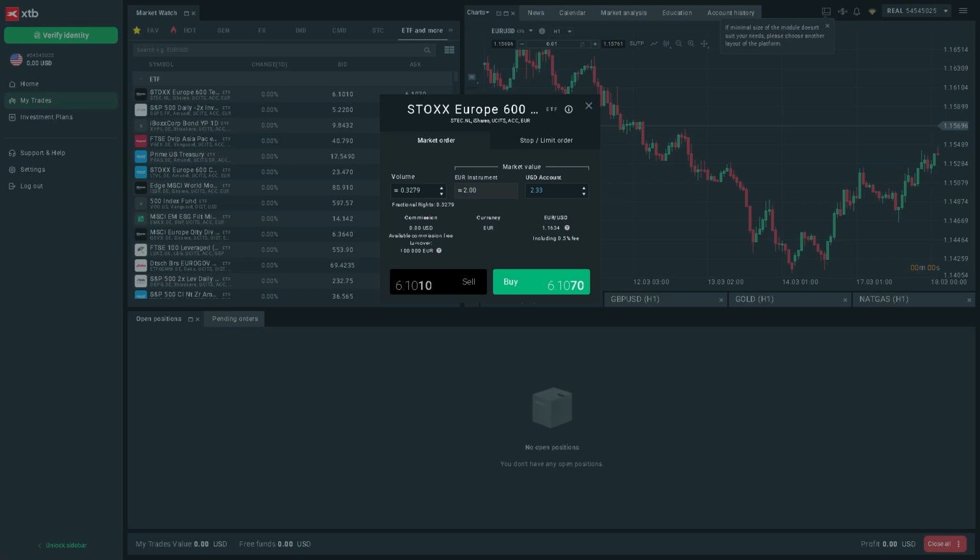Now, before buying, always check the current price, the volume, expense ratio, the currency. Make sure you're selecting the correct exchange listing. And then after selecting your ETF, click the buy option. Of course, you need to enter the amount you want to invest. Remember, in XTB, you can buy by number of shares or buy fractional shares if available in your region, and